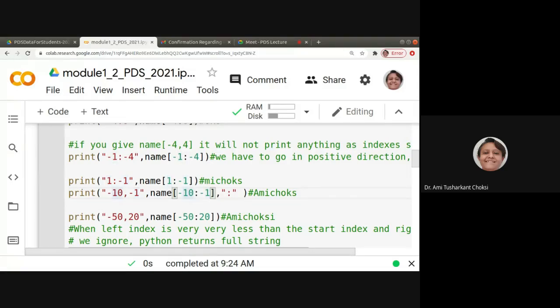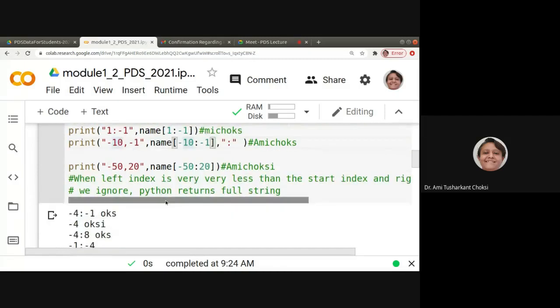Amazing. If it is negative, and we are giving -10 or -50 or anything, it doesn't matter. Now see, what's the rule?